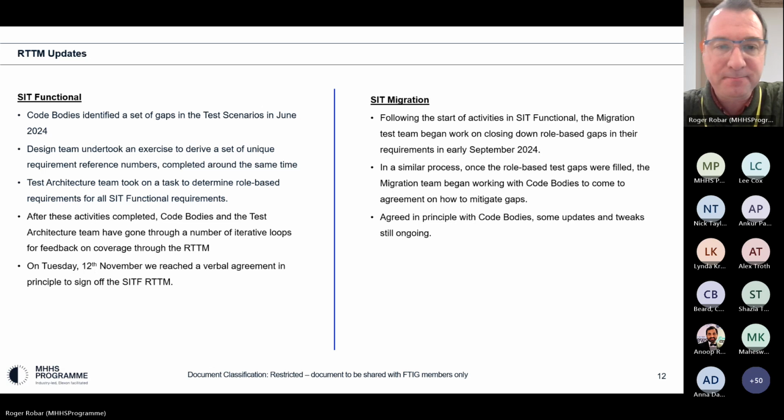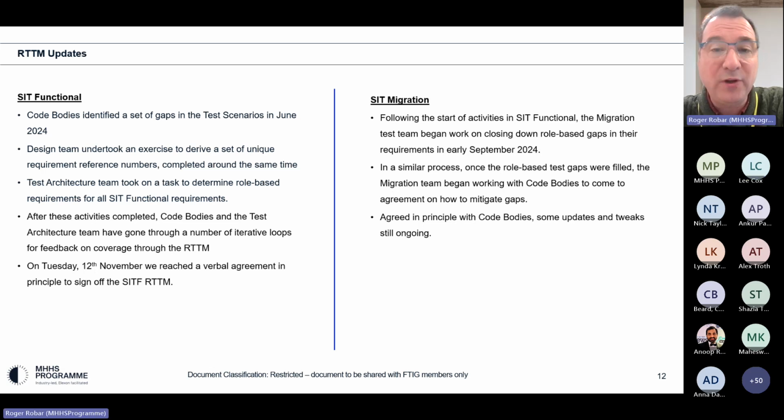Hi, Lee. So I think what's forming in my head, Roger, which I think will be a benefit, is almost like a simple spreadsheet of, we use currencies of number of tests and test points associated to tests. So just an up and down that this activity added this number of tests, this number of test points. This activity reduced tests and test points to come up with the two totals. So we can see clearly that rationalization equaled that, optimization equaled that, RTTM code body reviews equaled that.